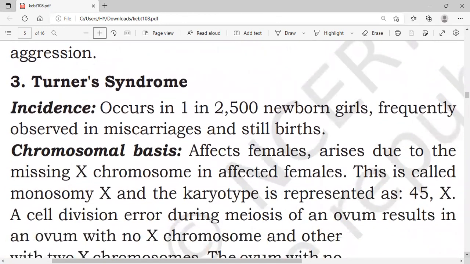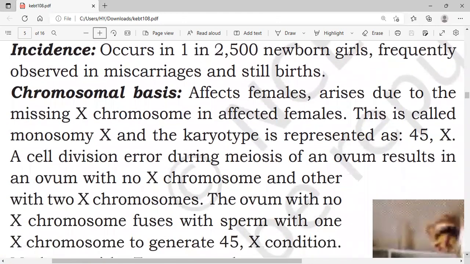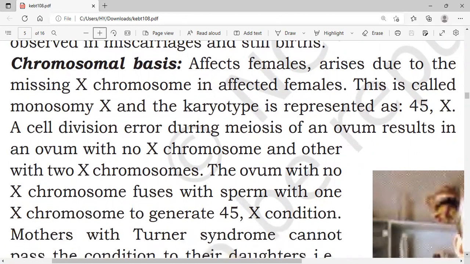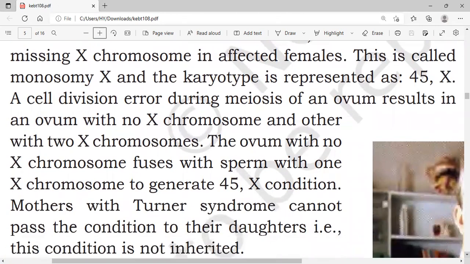Turner syndrome occurs in 1 in 2,500 newborn girls and is frequently observed in miscarriages and stillbirths. The chromosomal basis affects females and arises due to a missing X chromosome. This is called monosomy X, and the karyotype is presented as 45,X. A cell division error occurs during the meiosis of an ovum, resulting in an ovum with no X chromosome and another